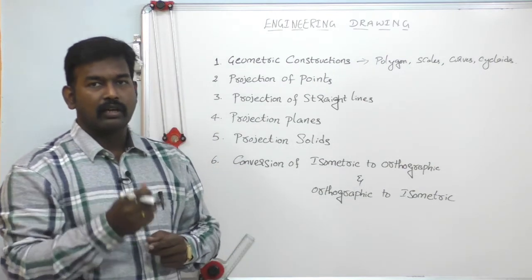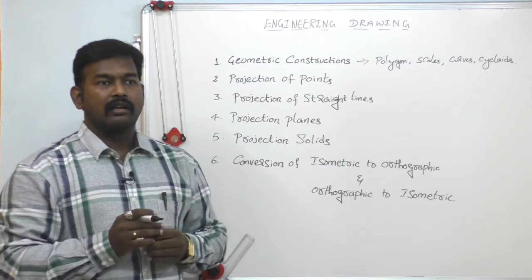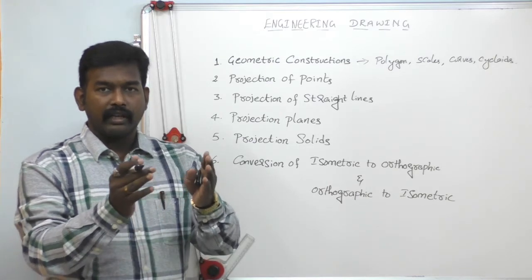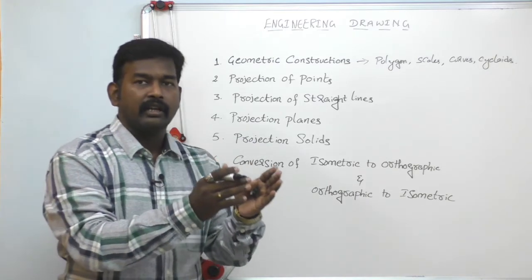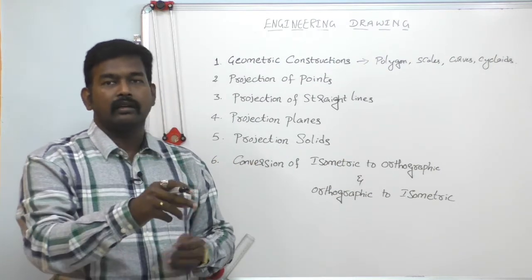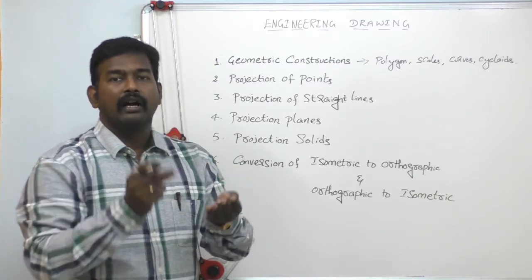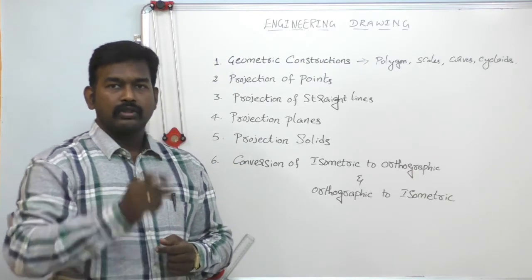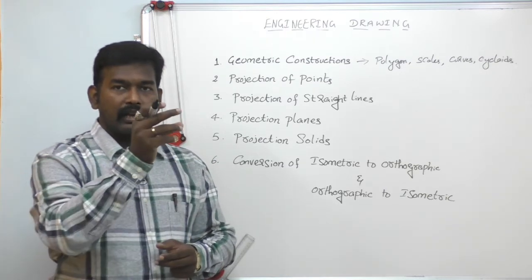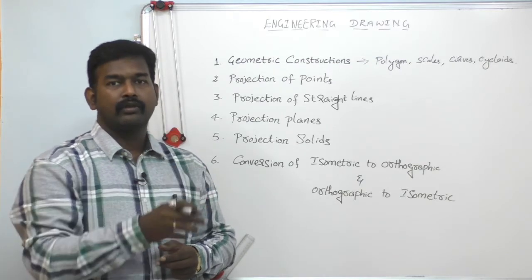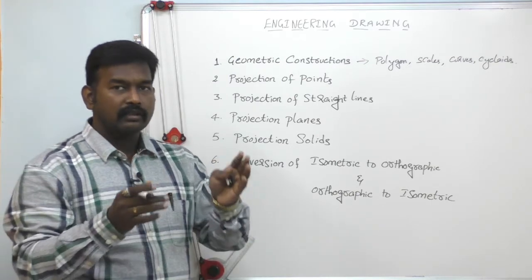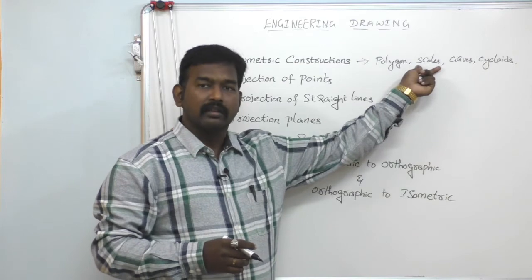In that manner, we have to construct. Suppose we want to construct a 1 kilometer bridge. We can't construct 1 kilometer length on our A4 paper or A2 drawing sheet. In that case, we assume either 1 centimeter is equal to 100 meters, like that. Or suppose we want to construct a nanoparticle in diagrammatical view. We can't draw a nanoparticle on the A4 sheet, we can't view it. In that manner, we are enlarging the object. So in that manner, the scales topic is used.